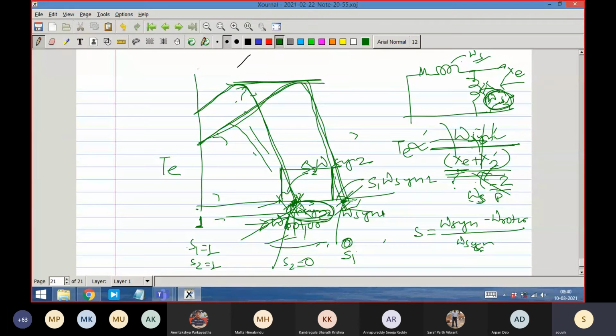Fundamental is flux and current, product of flux and current. And flux has not been changed because we have maintained V by F constant. Therefore, flux level has not been changed. And the same amount of current will now go to produce the same torque. And the slip will be a new value, because it is now defined with respect to omega sin 2, which is less. So you can clearly see that it will be somewhat more, right? So omega sin 2, if it is half of omega sin 1, S2 is double. So that S2 into omega sin 2 is equal to constant, right?